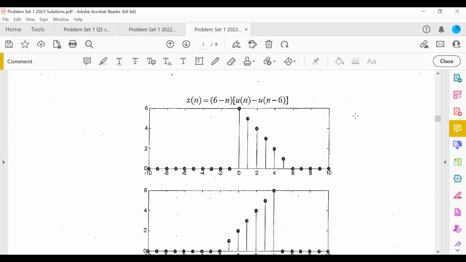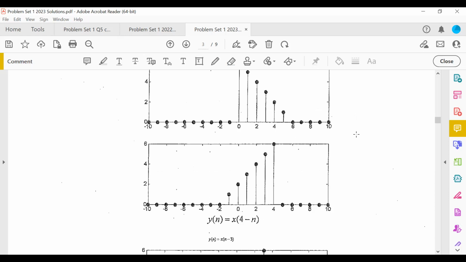And the difference, of course, will just give you 6 values in between. And then I'm multiplying it, I'm scaling it by 6 minus n. So that's why I get these dots here. You can have some time and play with it. The rest of the things now have to do with how